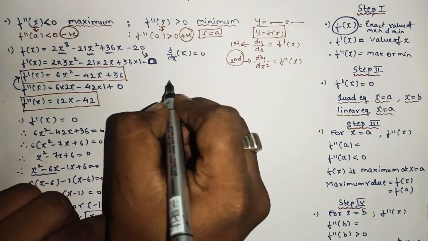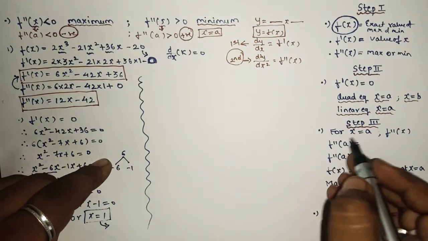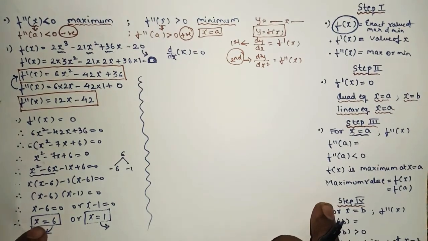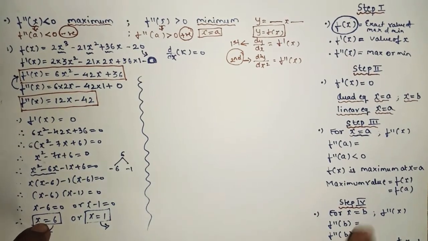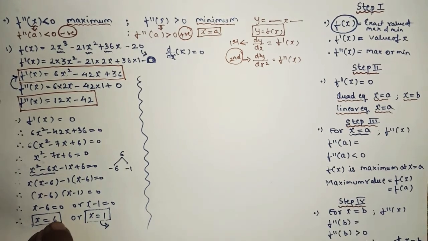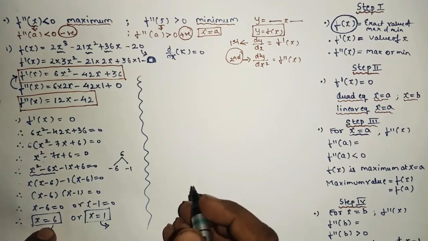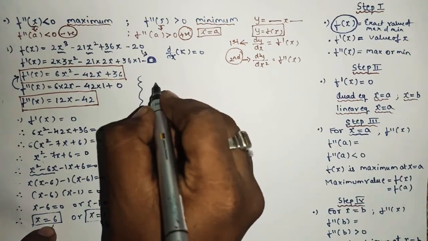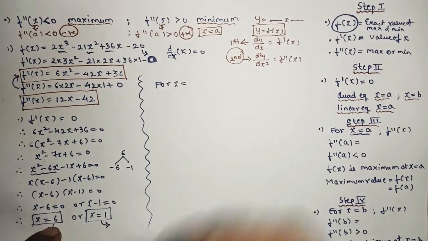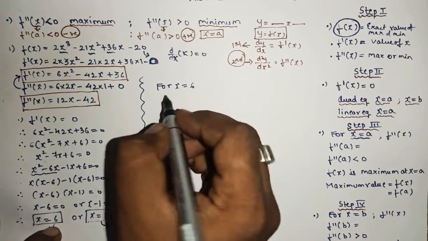To check that, now we'll follow step number 3. So what is step number 3? In step number 3, first we'll take the first value of x. So here we have the first value of x, that is 6, and then after that we'll take the second value. So first we'll check for x equal to 6. At x equal to 6 the function is maxima or minima, that we will check first. Now we'll write for x equals to a, so we'll consider this as a and this as b. So here we have x equal to 6.